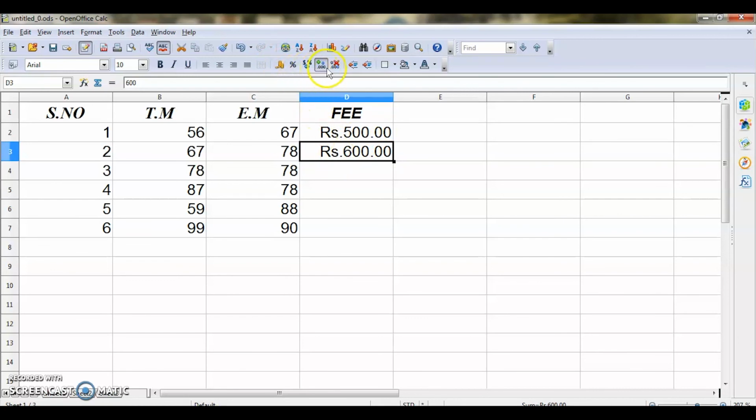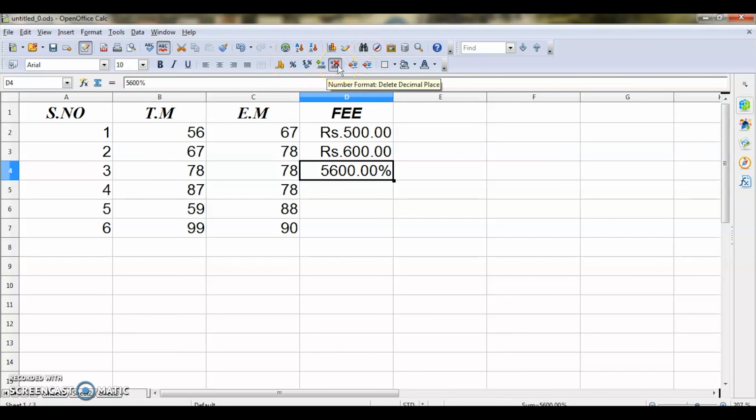Okay. So similarly, if I want number format, add decimal place, if I want to remove a decimal place, it will remove one decimal place. So the last 0 is removed. If I want to add, if I click this, then a decimal place will be added. If I want it in percentage, 56% like that, if I use this, it will be displayed as 56% like this. Okay. So whatever number format you want, you can do from here. Up to this, it is for text formatting, and this is for number formatting.